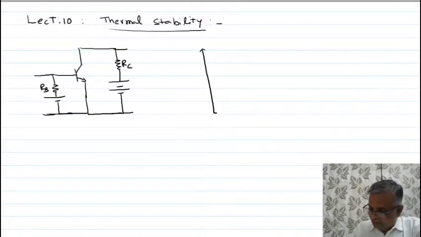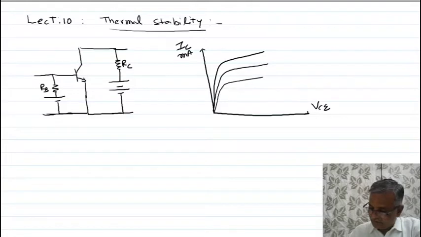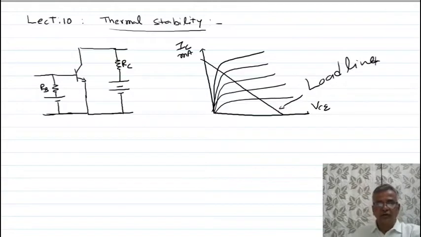This is the output characteristics. On this output characteristics, you plotted the load line. Already I told you, when the meter which is used to measure the output voltage has a very high input resistance, then AC and DC load line will be seen. This is your Q point. This is your saturation region. This is your cutoff region. This is your linear region, or active region.